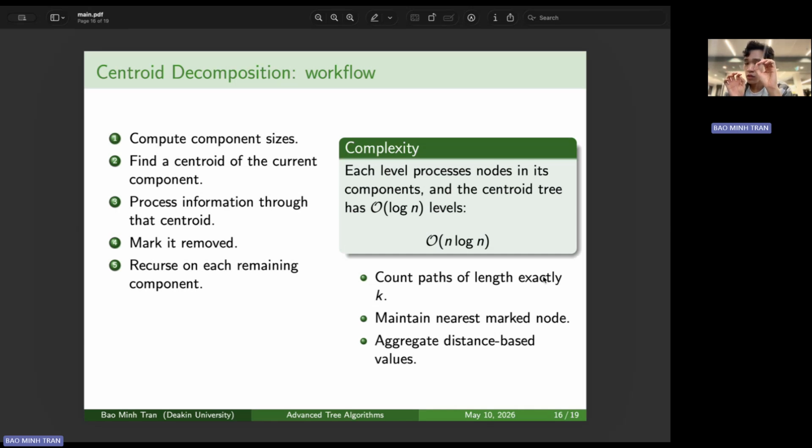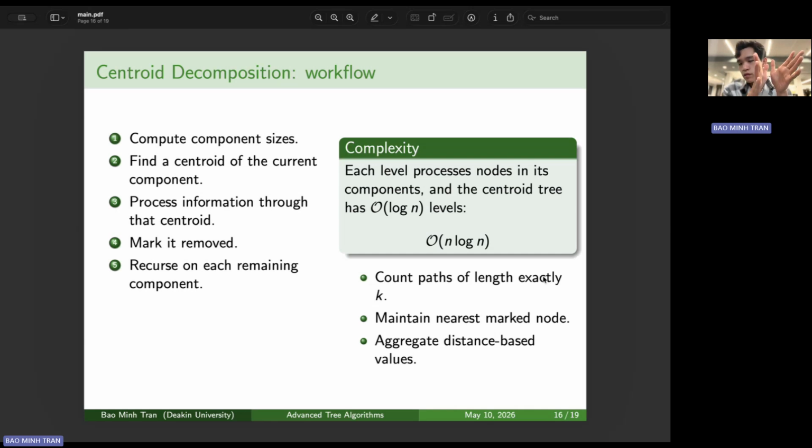Actually, we can compute the subtree size around that node, right? And therefore, if we find a node that is more than half the size of the current tree, then we move to that node and we count again, and we continue moving until there are no children whose subtrees are more than half the size of the current tree. It definitely converges because we never get back to the parent, otherwise we terminate there, and we can only move to the one that can